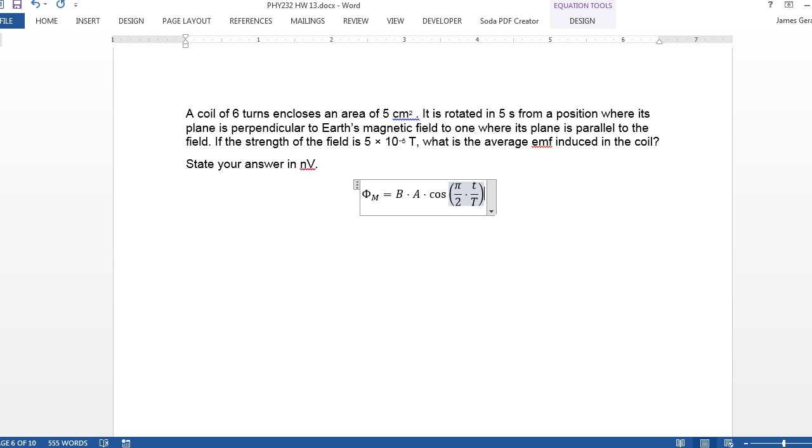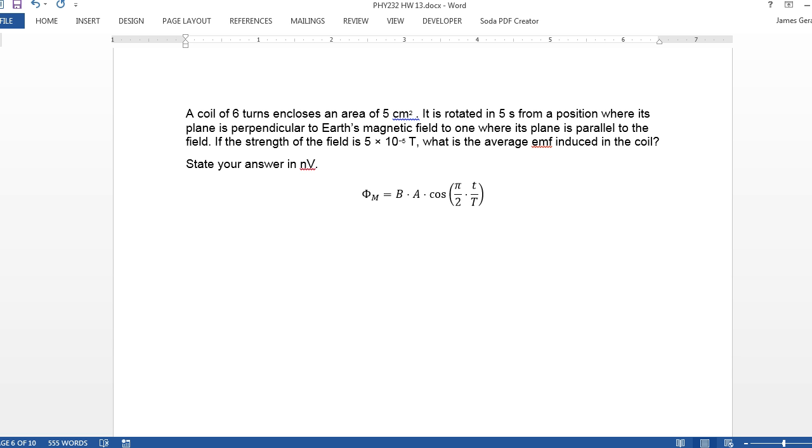which I'm calling capital T, the time period over which we're doing this. So the total time period over which everything takes place is capital T. Any other time during that period is smaller t. And so this is the magnetic flux as a function of time as